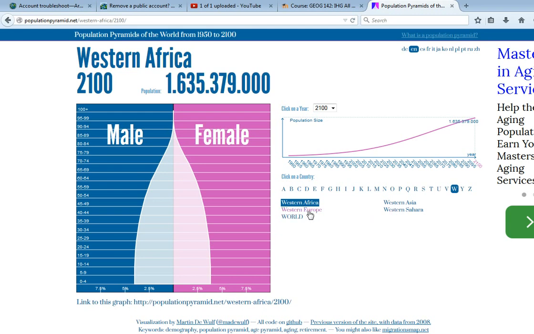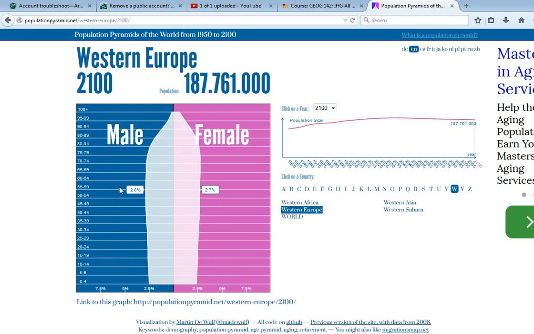Let's look at Western Europe. There you go. So this is an example in 2100 of probably a stage 5 population where we're declining, we're losing population. They are not at replacement. And so you have a very high number of people living in their senior years, and a declining workforce in order to support those people. So that's the kind of analysis that you're going to do this week on the United States,